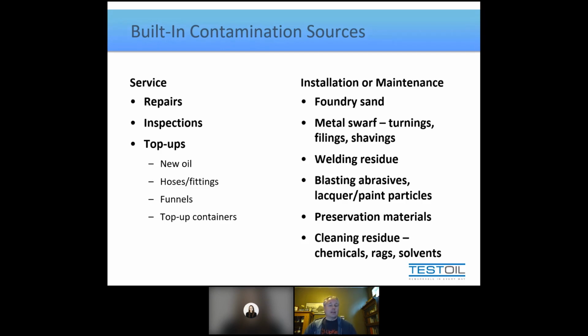So on the built-in side, like I said, anything that's figuratively built into the processes that we use to maintain it. Simply pulling out a dipstick to check the level may introduce contamination because you're opening up the system, exposing it to the atmosphere. The dipstick is wet with oil, you're exposing it to the atmosphere, and then you're maybe just reinserting it without wiping it off. There's a potential that you've introduced a small amount of contaminants. But if you've got something like a fill cap that needs a funnel, and you're now using a funnel to fill the system, the funnel has a much greater surface area than the dipstick. And if the funnel's been left outside, it will be a giant dirt magnet. And as you pour new oil in there, you're going to be introducing contamination. So that's what we mean by the figuratively built into the processes.